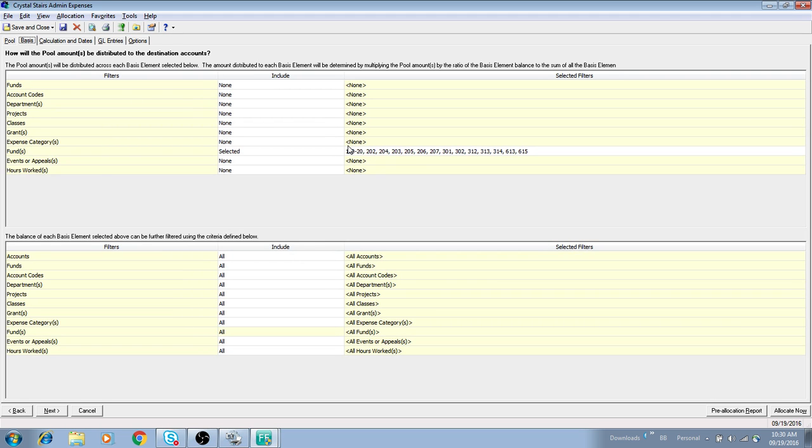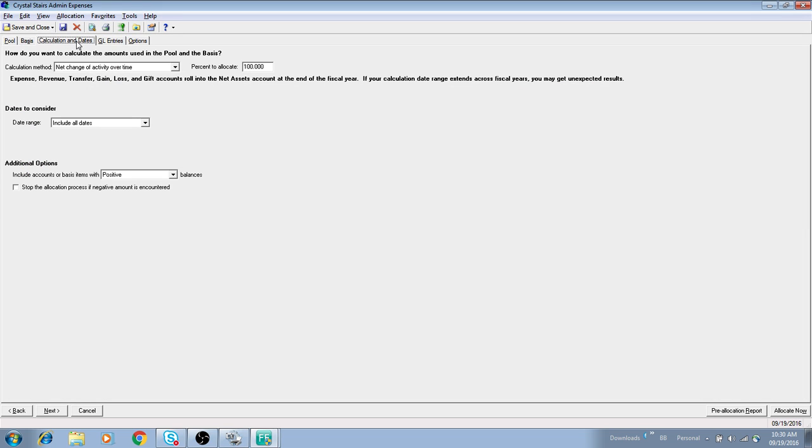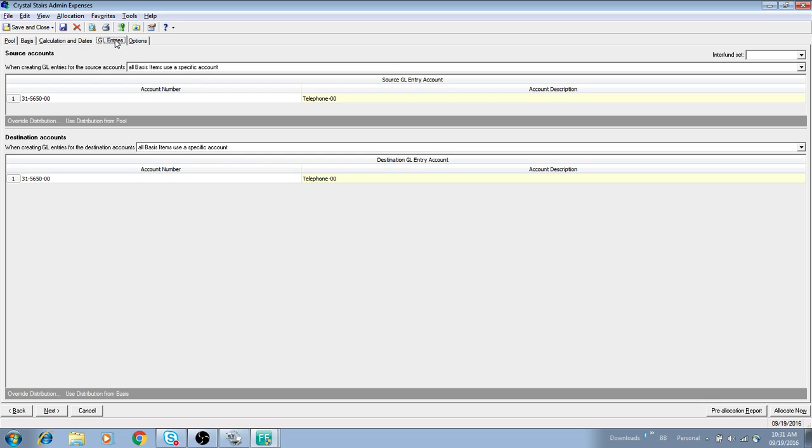My basis is going to stay the same because I'm still wanting to utilize that same breakdown of all those accounts. Calculation dates are still going to be the same because I want to look at my year-to-date activity, and then my general ledger entries here. This may potentially be different, once again, like I said, based on the actual journal entries that you want the system to make. And now once I run this calculation,